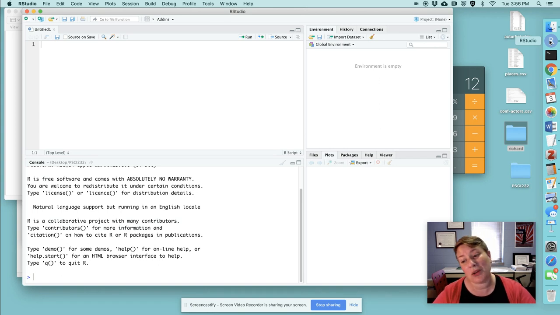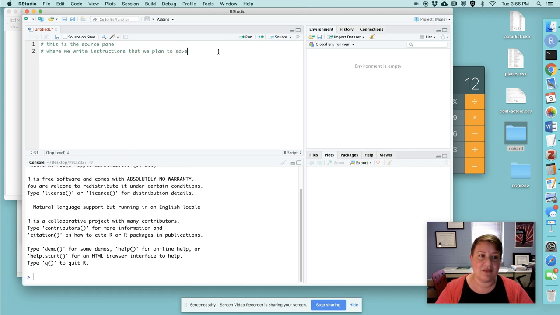And what you're seeing when you open RStudio is basically four, we're going to call them panes, as in window panes. So on the upper left is, I'm going to write a comment. A hashtag is a comment character in R. Comment, this is the source pane where we write instructions that we plan to save, aka code or a